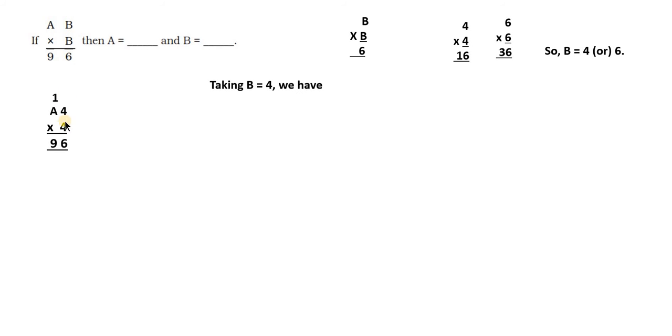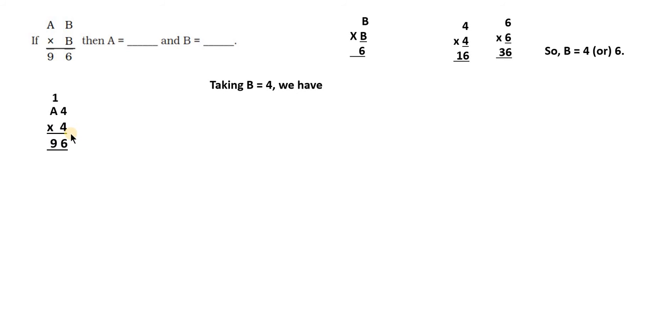So the problem has now become A4, 2-digit, multiplied by 4 gives 96. And there is a remainder 1, because you are putting 4 means 4 4 jar 16, 6 comes in the units place, and there is a remainder 1 here that is taken forward to here. So when you write like this,